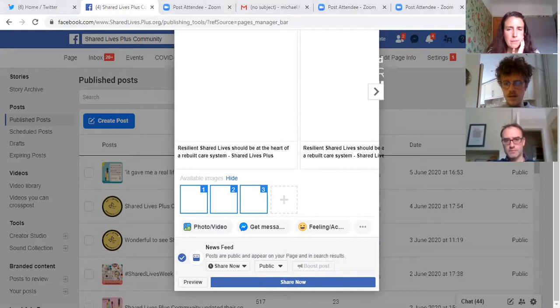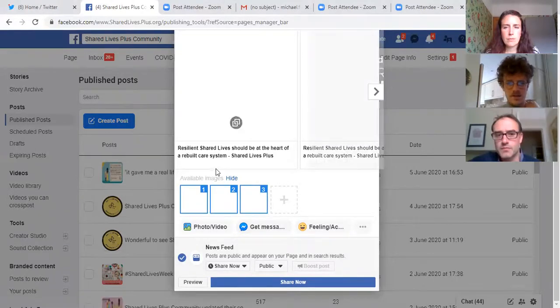While that loads, I'll just take a quick look at the chat. Dawn made a good point about the fact that timings for social media usage will likely have changed due to lockdown and things. We are going to cover off timings and things, I think, a bit later on. Is that right? Yeah, that's right. This really does not seem to want to select my photos, and I don't really know why.